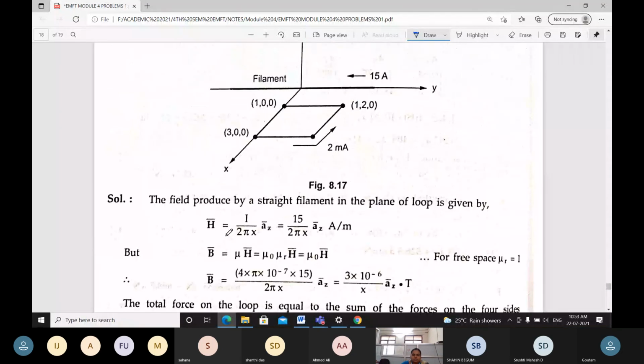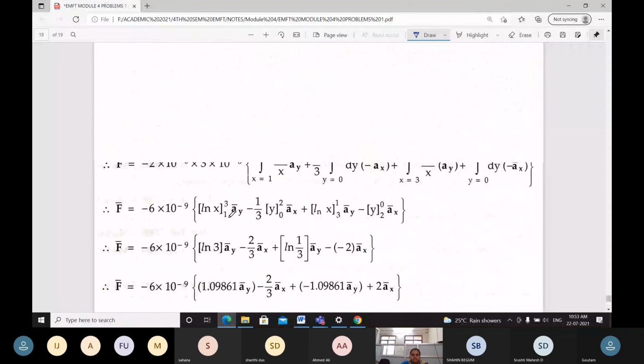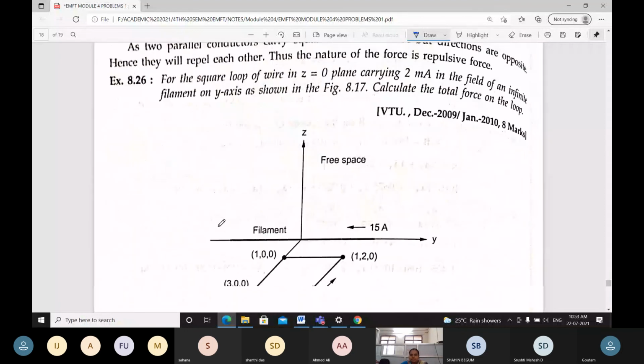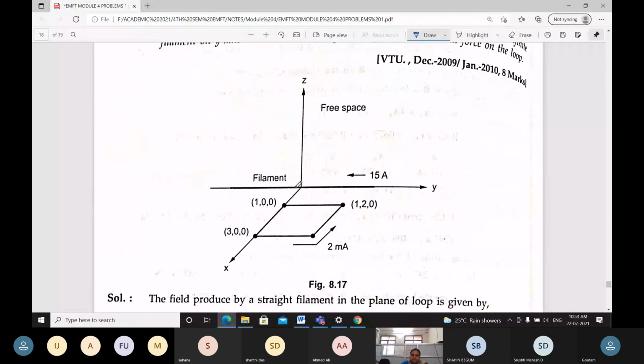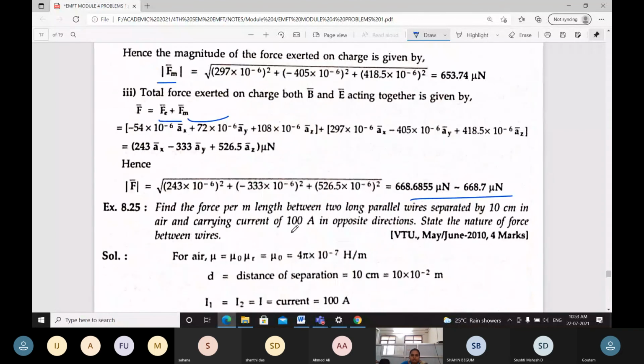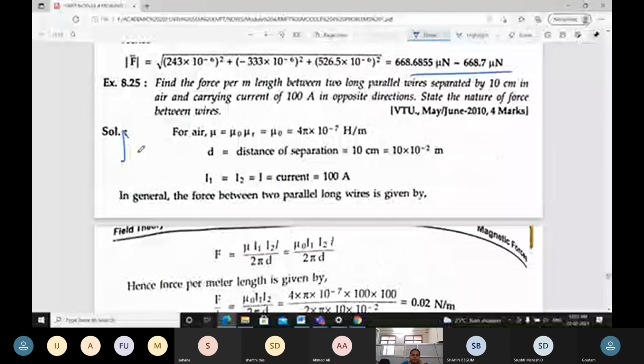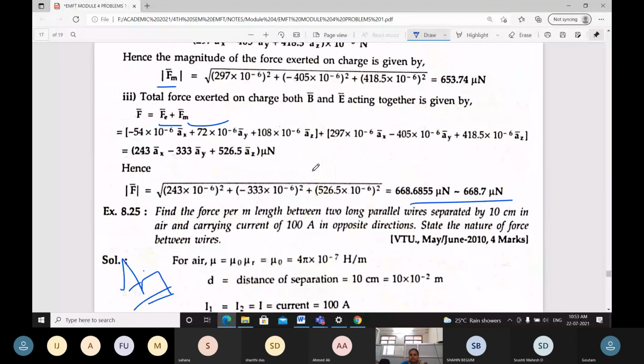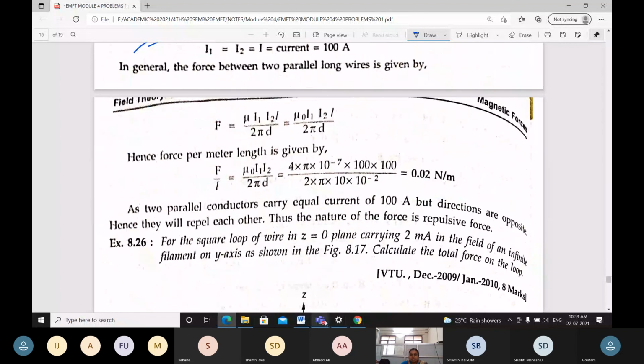Next problems, you can go through them. Though everything is the same concept, it will be repeating the parallel same loop, where it is placed towards the x-axis. That's it. The last two problems are like your assignment. It's the same problem we took previously, so I'm not going to take the last two; they are assignment problems. You can solve them in the assignment book. Again, whichever I gave, you have to write in the assignment and submit.